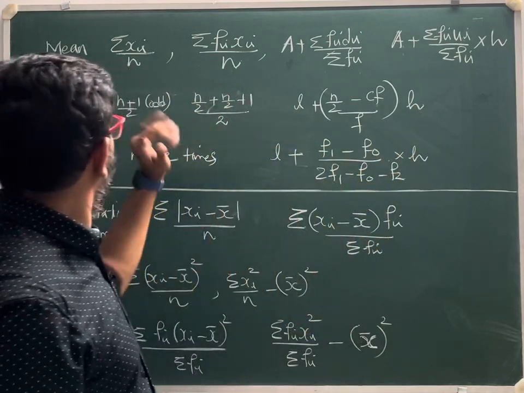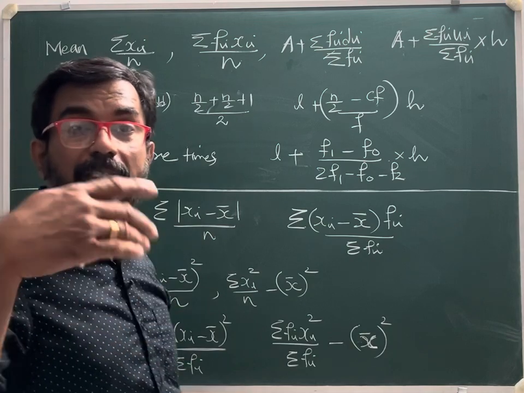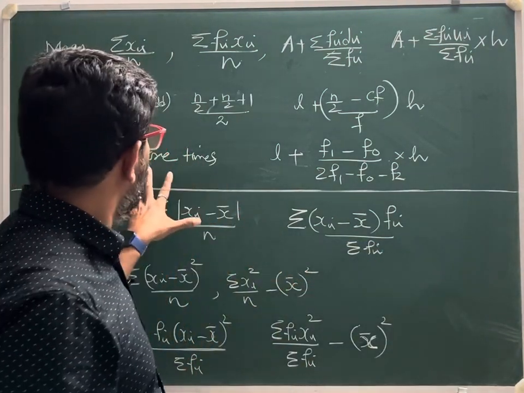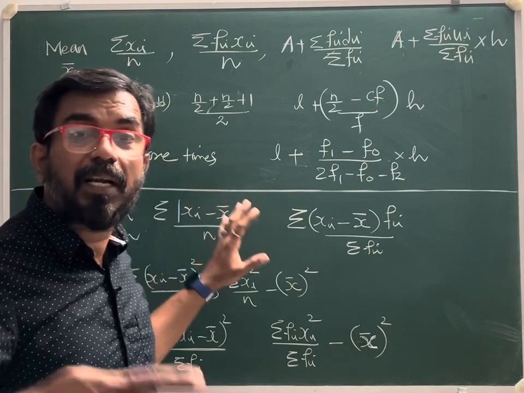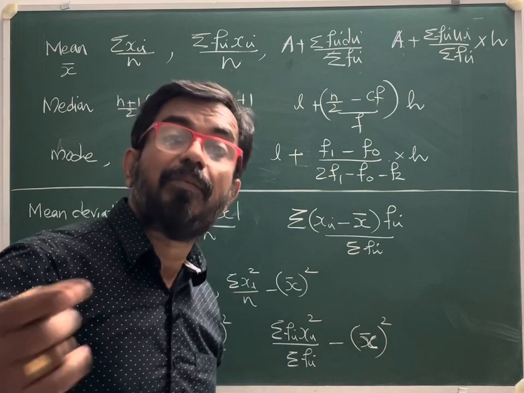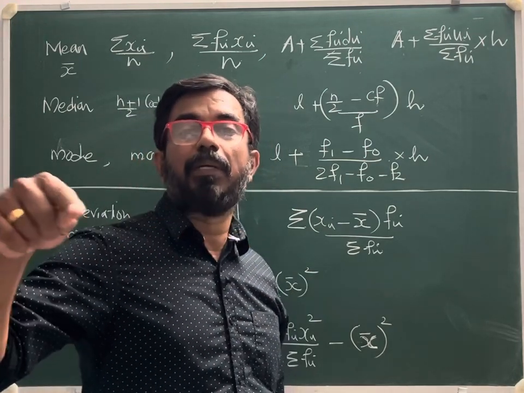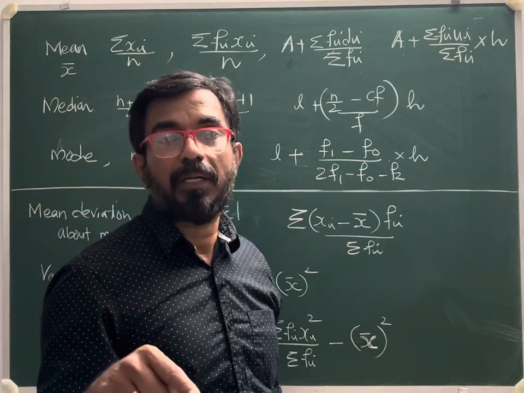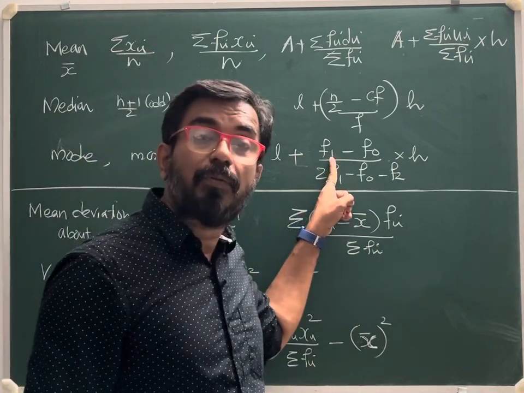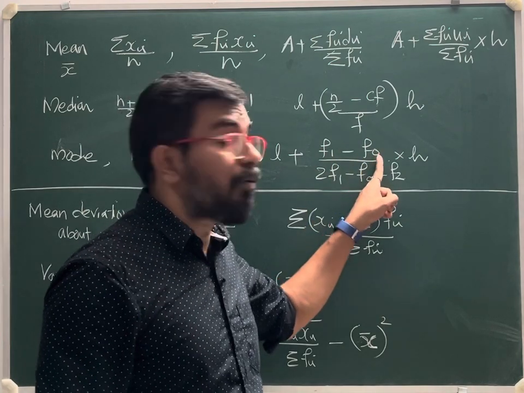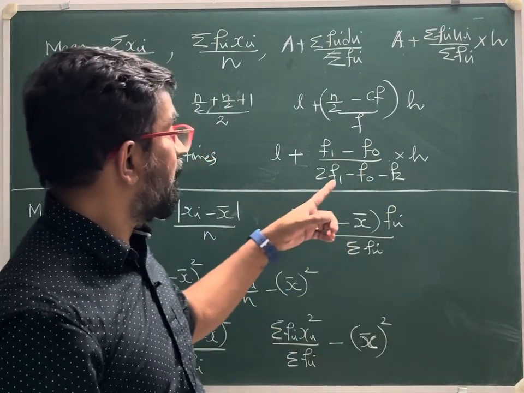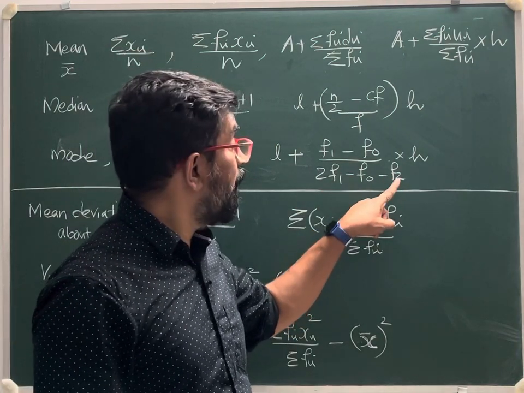Okay, that's about median. Mode is, if it is discrete data, the number that appears more times will be the mode. If it is class-wise data, you will again look at the frequency and find which frequency is bigger, and that you will take as the mode class. In that, the lower limit is L, the frequency of that class will be F1, the frequency of the previous class will be F0,